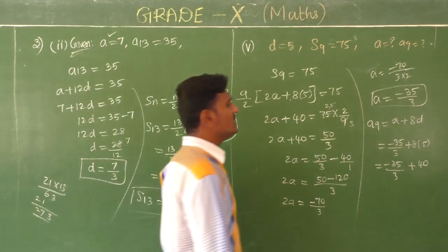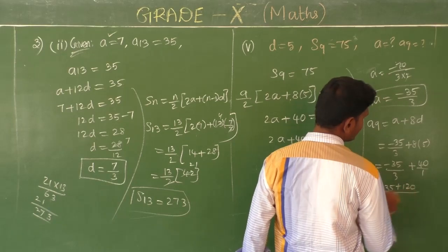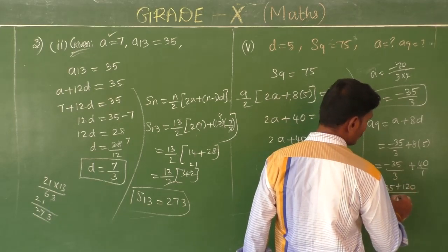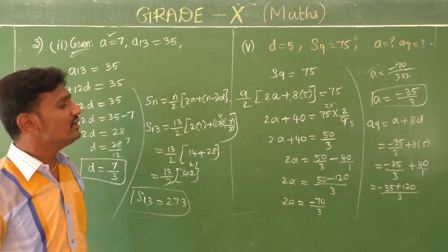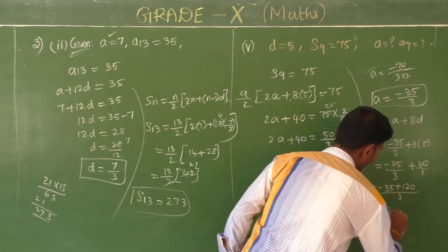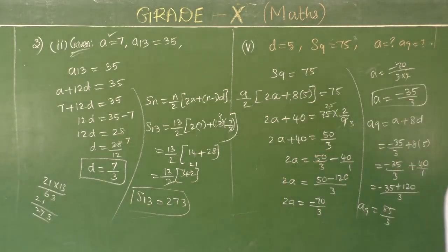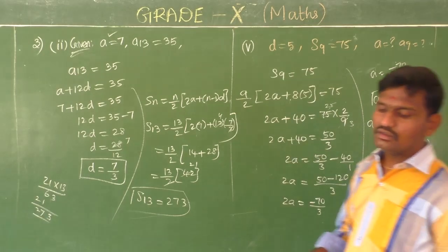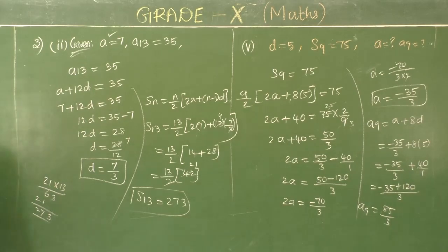Now I'm taking a cross multiplication to get minus 35 plus 4 3s are 12. So 40 3s are 120 by 3. So 120 minus 35 is 85 by 3. 85 by 3 is your value of A9. Okay, have you got it? Okay. So like that you have to complete your remaining questions. Finally, I give you the exercise 1 questions based on the different model. Okay, have you got it?